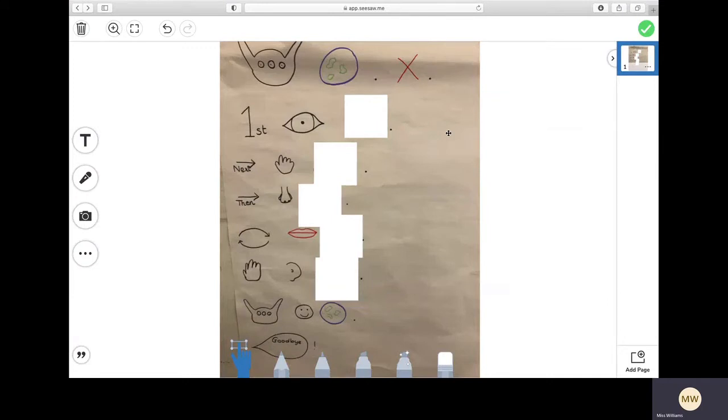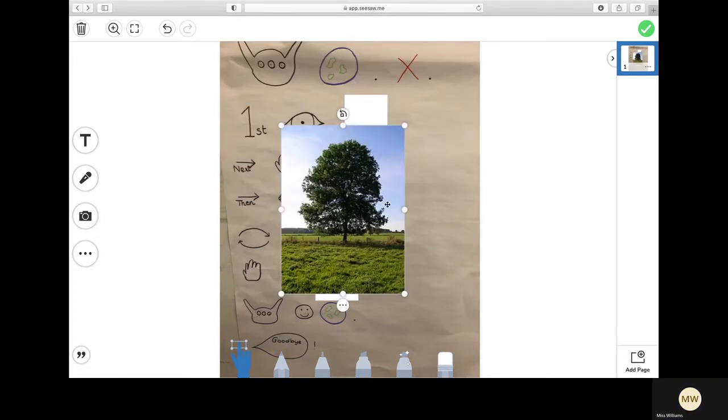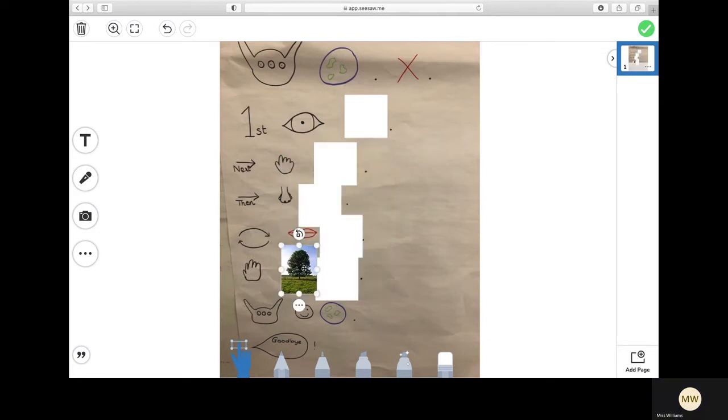To complete your activity today, go onto the Add Response page. Here you will see our story map. I have put some boxes in for you to change the story just like I did in my video. So, first she saw, and I decided she saw a tree. So if I want to, I could upload a photo of a tree. And I could have that there. So when I tell my story, it's first, she saw a tree.